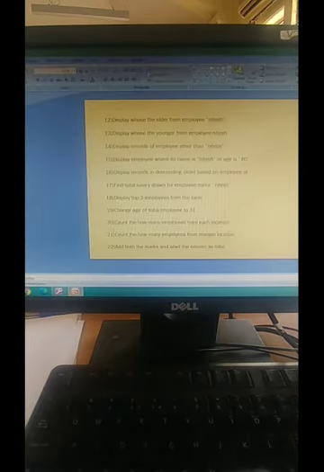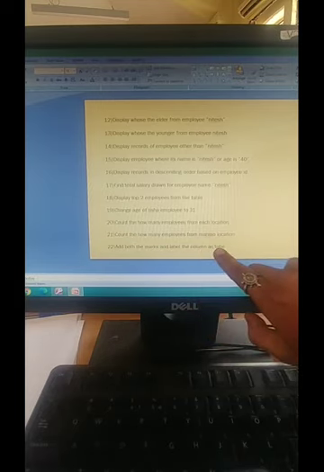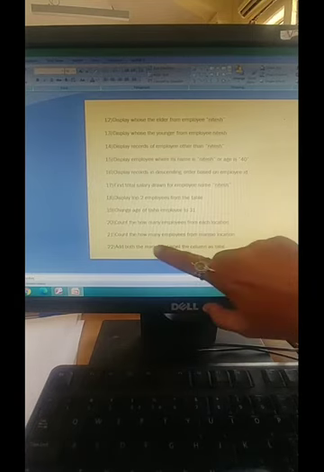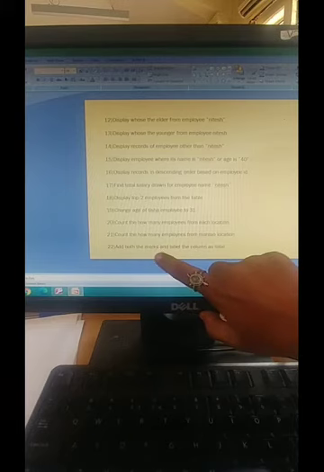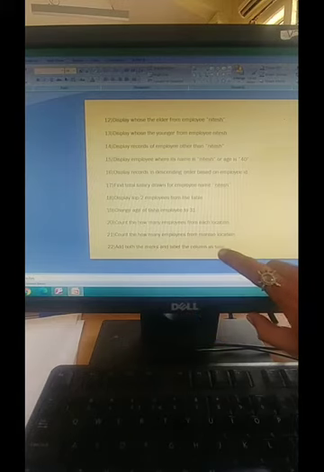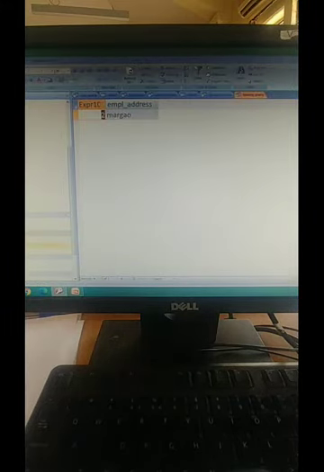Next query, add both the marks and label the column as total. For this also I have used one new table. Under that table, two subject marks are there. I have added it, and I have added a new column named total, and in that column total, the sum of both the marks is there. How to do that query, I'll show you.